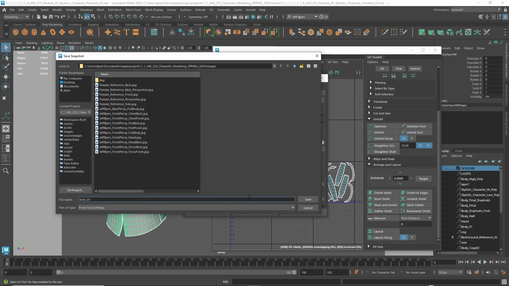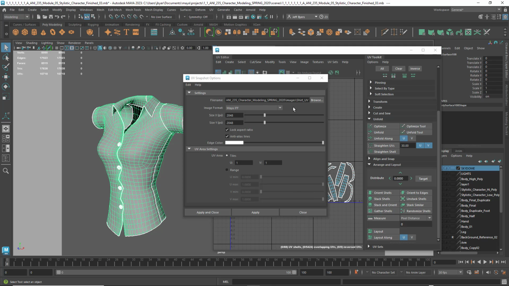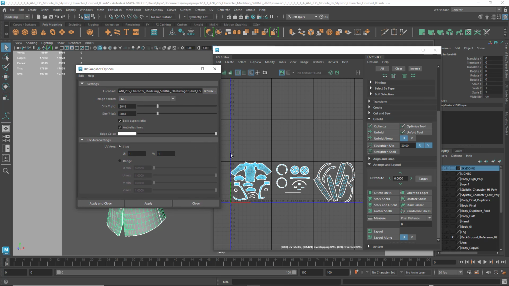And I'm going to save that. So shirt UV. Just got to remember that's what I called it and where I put it. Okay. All right. Good. And then I want to make sure that it is a PNG. That's important. I want it to be, because these are very high resolution, I'm using UDIM tiles, I can do